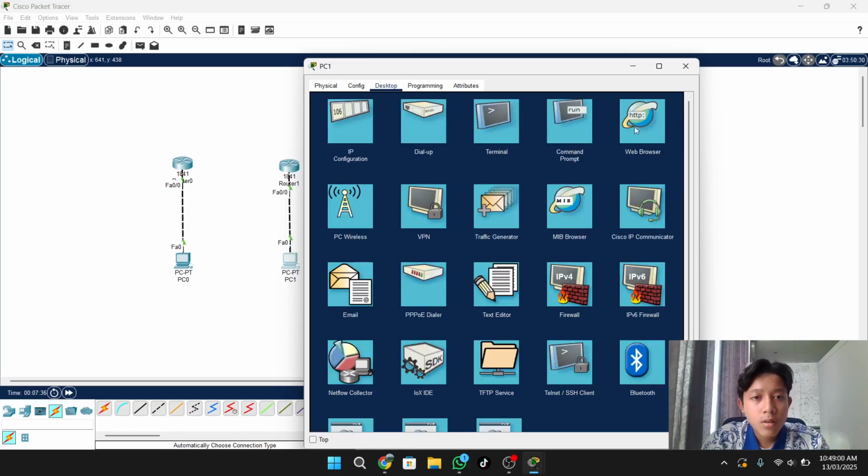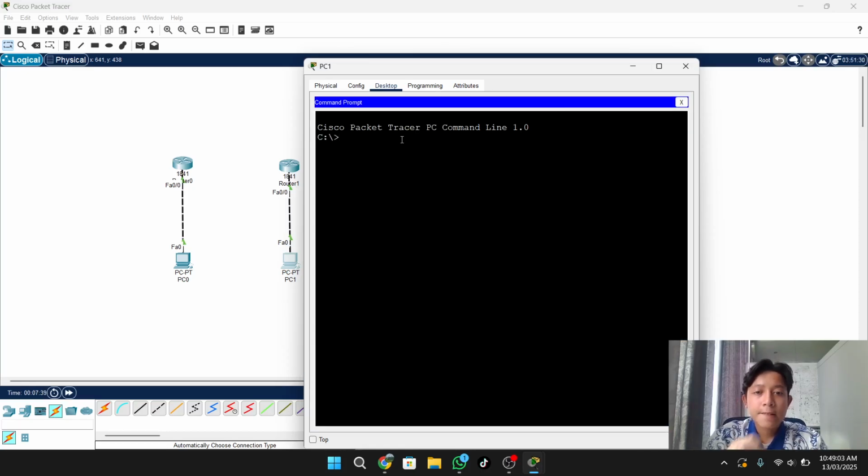And after that you can go to command prompt and type ssh -l, and you type your user, cisco, and your router IP, 192.168.1.1, and you can enter your password, for example Cisco123, and your router has been remoted from this PC using SSH.